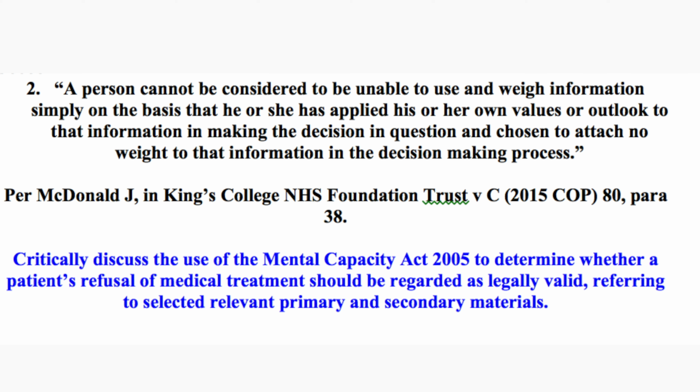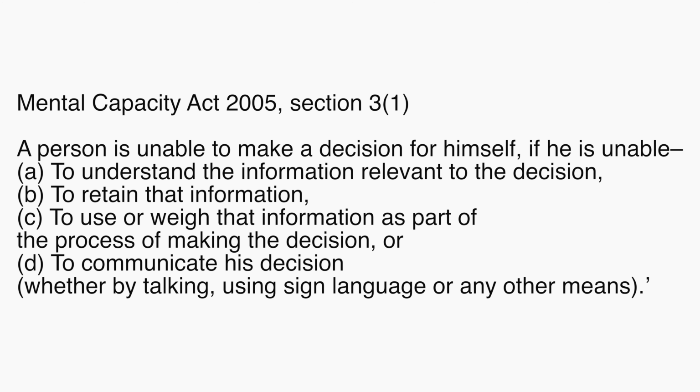So question 2 was looking at, in order to have capacity, you have to meet a 4-prong criteria. I'll put it here. One of those is to weigh information. And weighing information really is very broad. It can literally just be like, I've considered that and I reject it, or it can be really like a pro and con list. And the essay was looking at whether somebody's wishes and feelings basically prohibit them from truly weighing